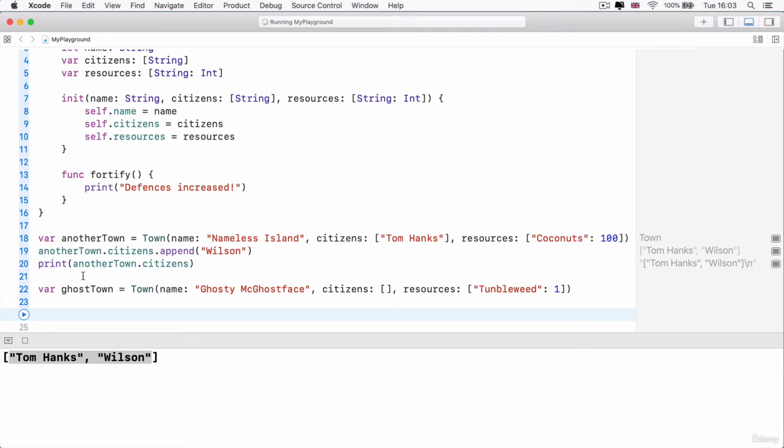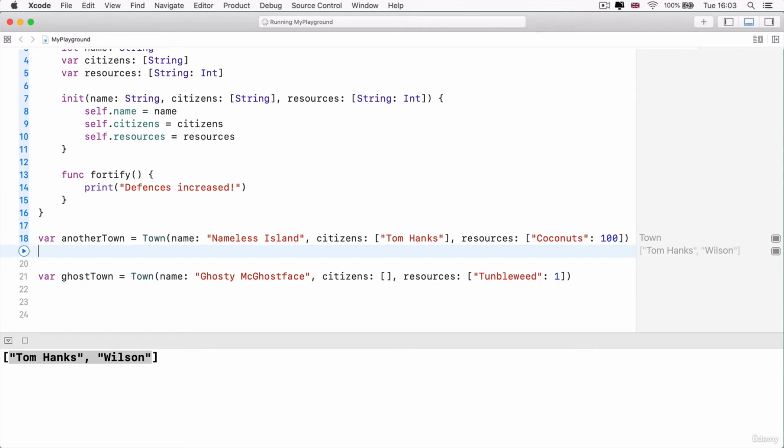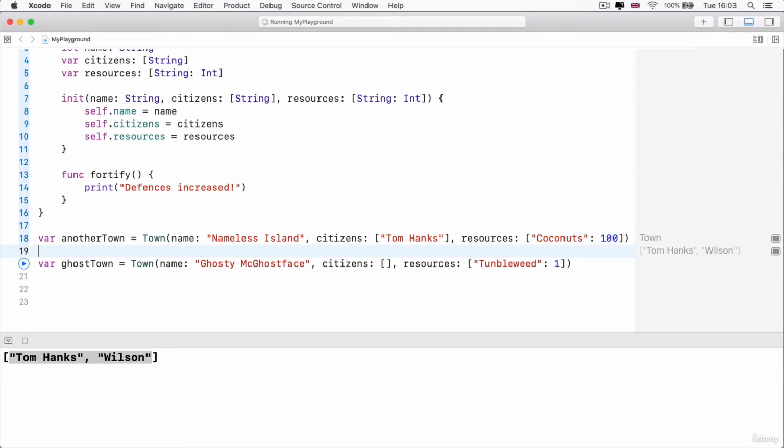So notice how right now I've got one object created from my town blueprint, which is called another town. And in there, we've got Tom Hanks with a bunch of coconuts. And we've got another town called ghost town, which again, we've created from exactly the same blueprint. But this town's completely different.